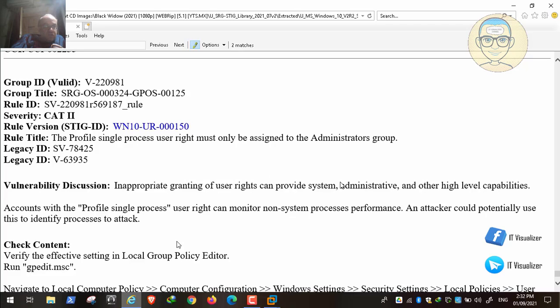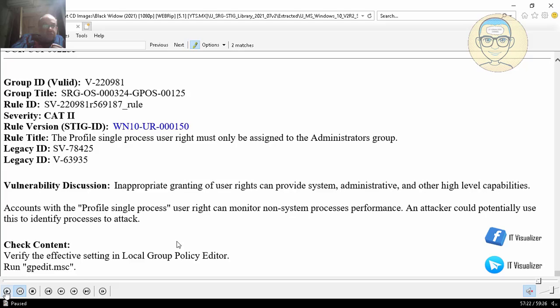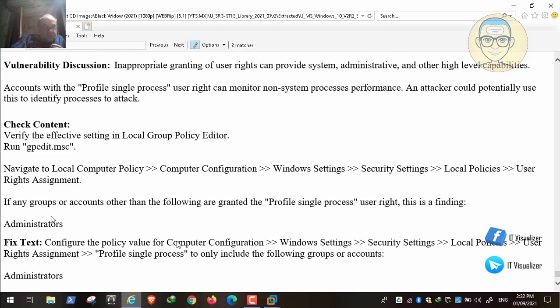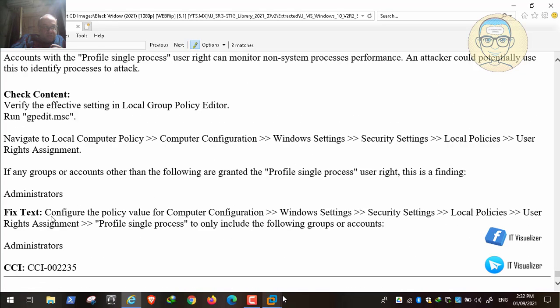This also should be assigned to administrators. I think this is a good best practice.